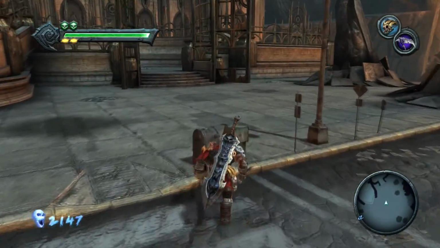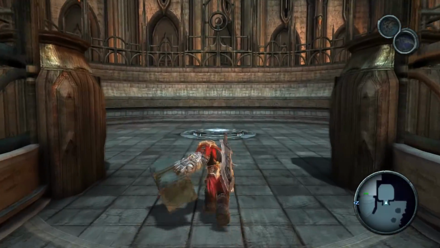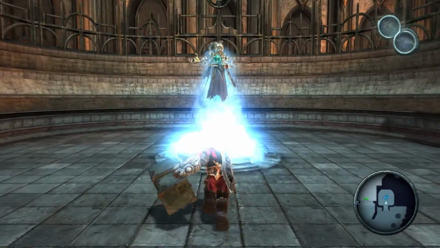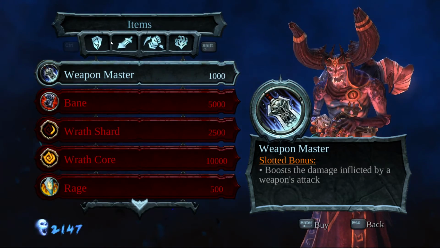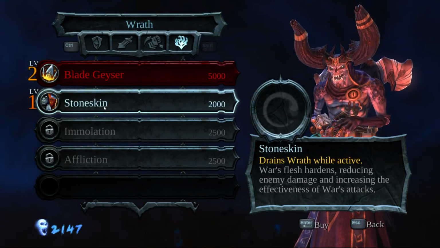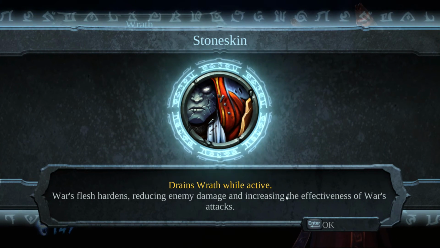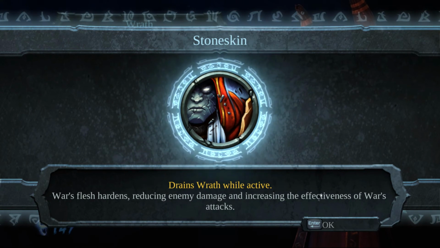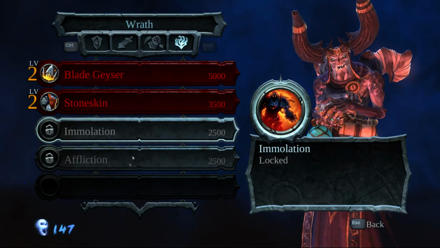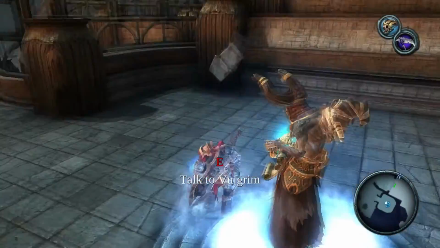I believe I want to come this way. Because, yep, I'm right. There's totally Vulgrim and his location. Vulgrim, I got you a stone. Take it. Alright. Shift. I want to get the second power, which is very useful in this section, and one I'll show you later, but War's Flesh Hardened, reducing enemy damage and increasing the effectiveness of War's attacks. It does drain Wrath while active, however. And these two we can't get just yet, but that's where my points I wanted to spend on. I knew I would have enough coming over here, so totally...